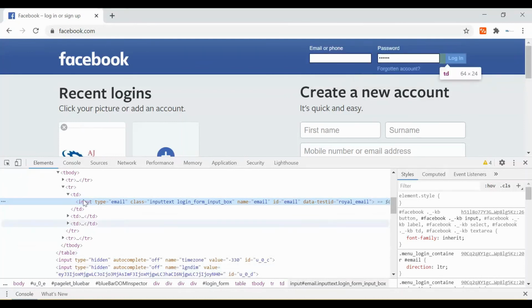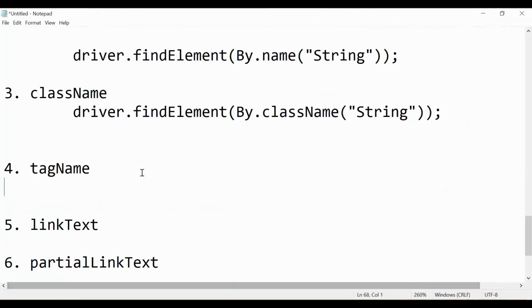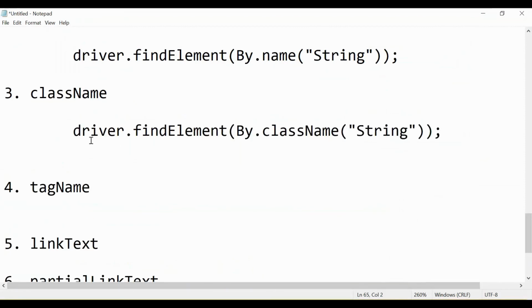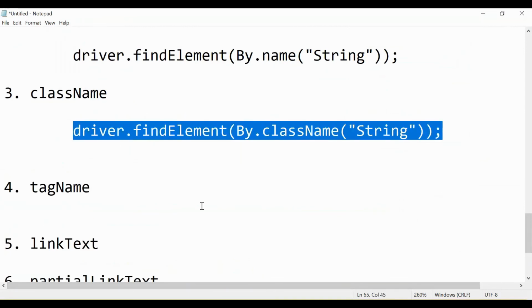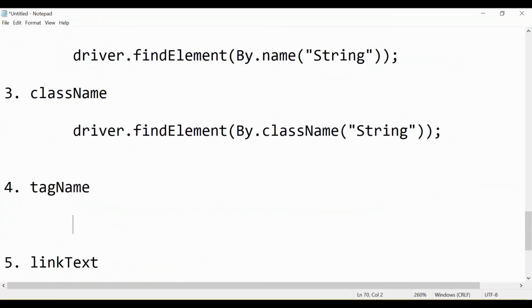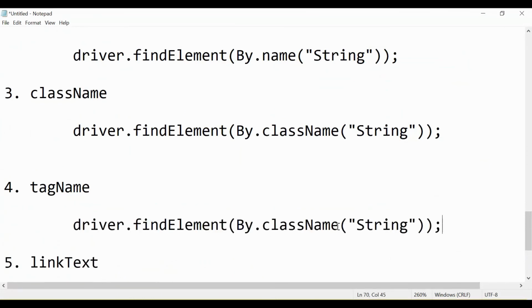So here you need to provide the tag name, which is input. Similar to these three, you can use tag name as well, and just provide input, for example.